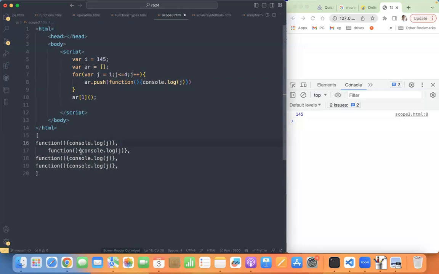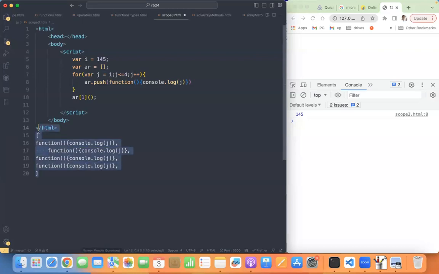When I have pushed the first function into the array, at that time j value is 1. I accept it. Hello? When I push the second function, by that time j value is 2. Third time, 3, fourth function, 4.